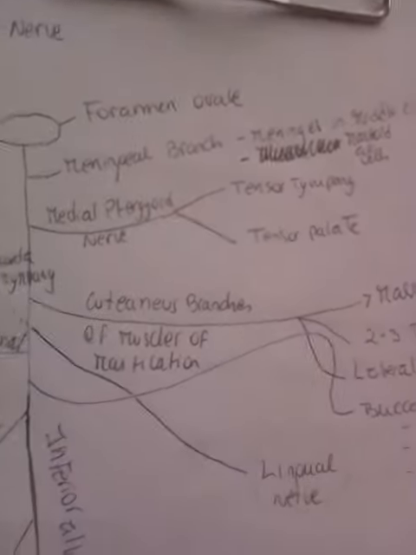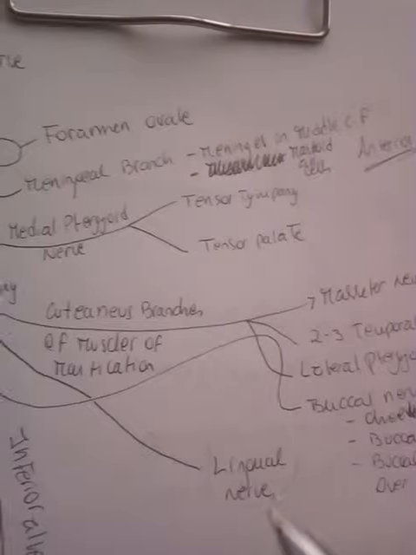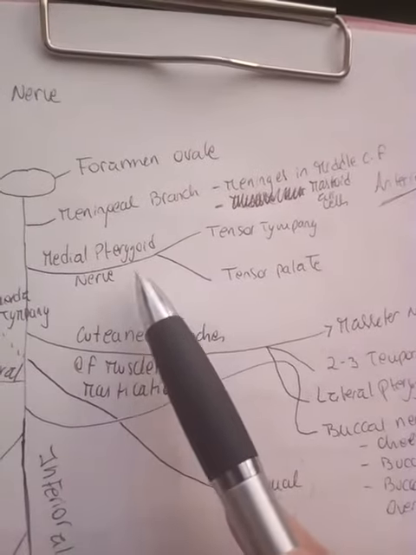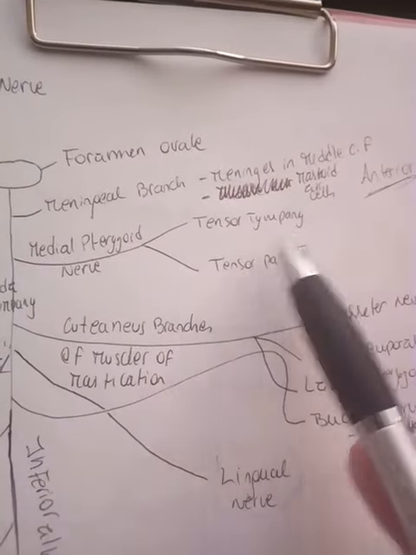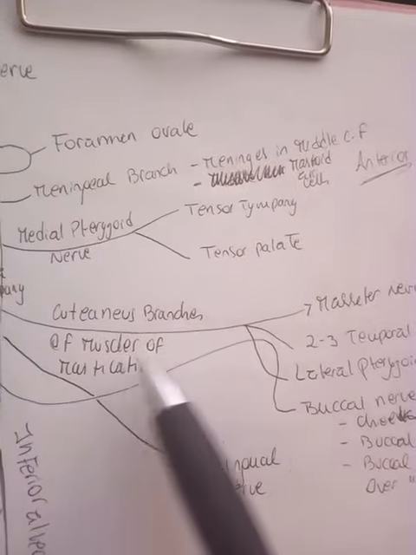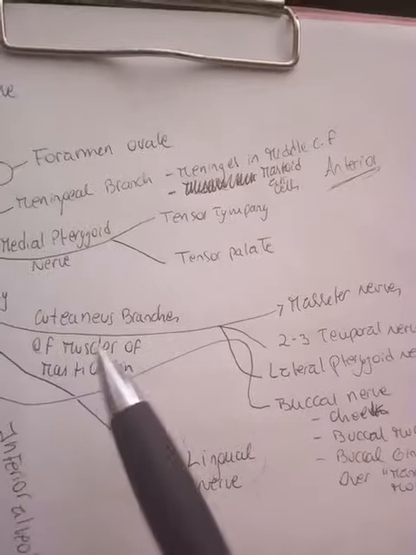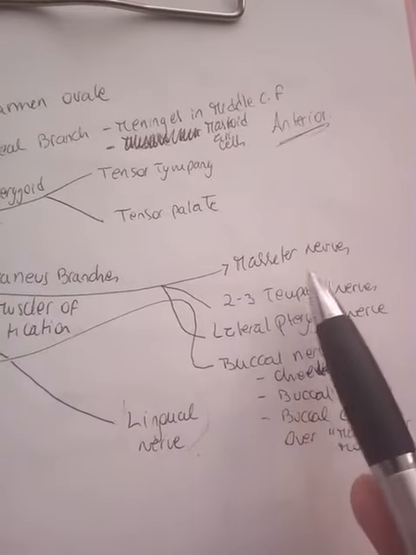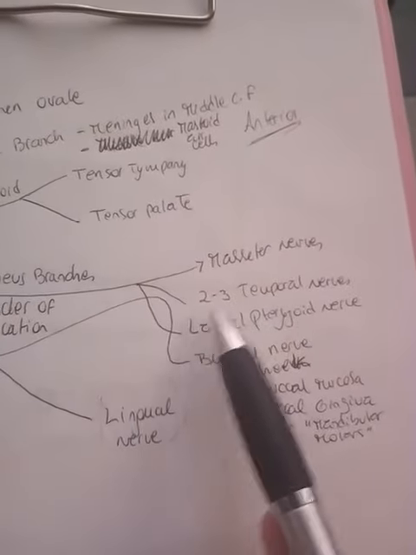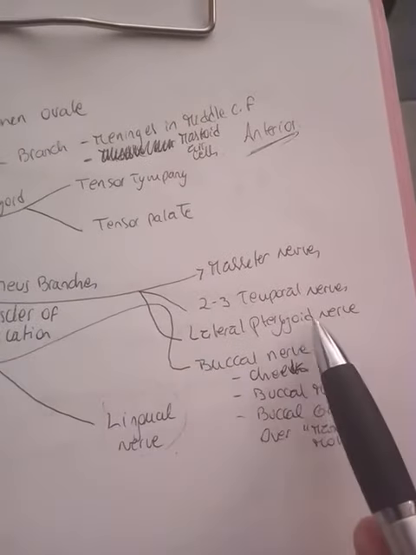Then we have the anterior branches of the mandibular nerve that are mostly motor, except for the lingual and buccal nerve. So the medial pterygoid nerve supplies the tensor tympani and tensor veli palatini. Then we have the branches to the muscles of mastication, named for the muscle of mastication. So we have the masseter nerve that supplies the masseter muscle. Then we have 2 to 3 temporal nerves that supply the temporalis muscle, and the lateral pterygoid nerve that supplies